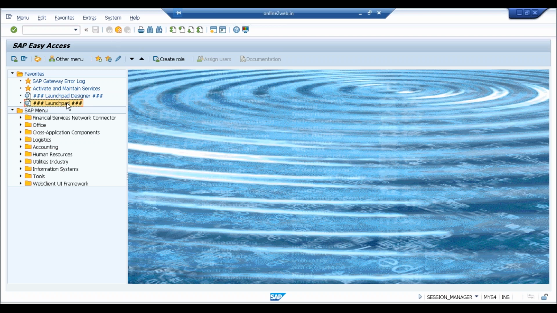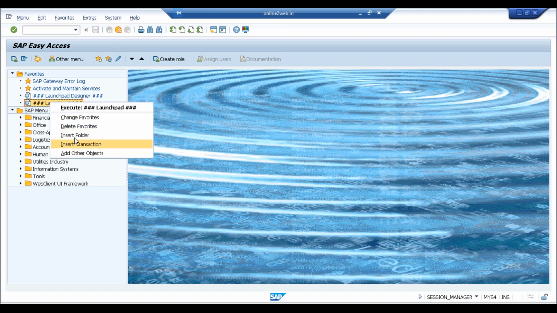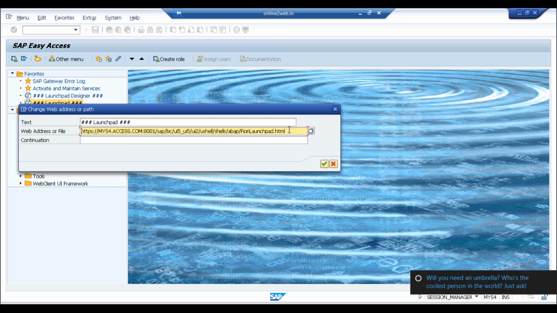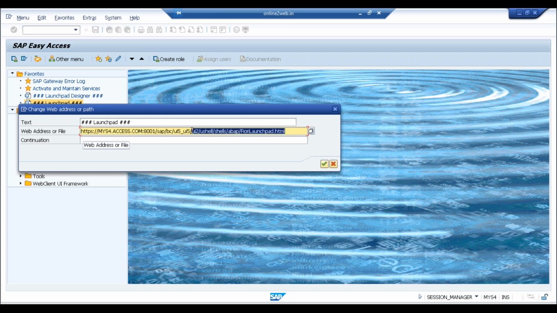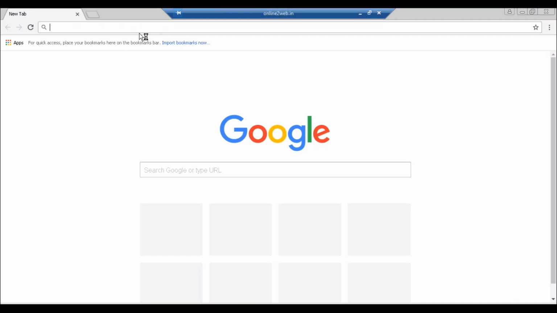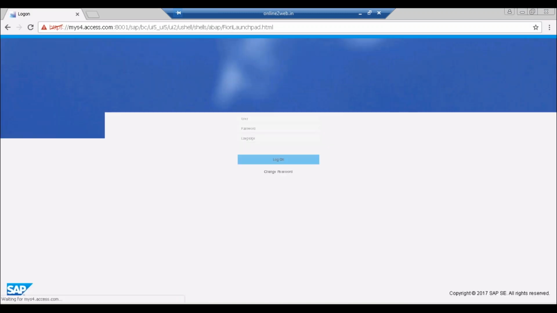So for example, this is a launchpad which is created as a favorite. If I just talk about this, let's say change favorites. So you can see this is the web ID, or this is a web link which will connect you to the Fiori screen. So you have two options. If you have already added it, like in this server it is already added into the favorites, but if I just want to copy this, I can directly go into Internet Explorer or Google Chrome, write this link, and it will connect me to the SAP via the new user interface,